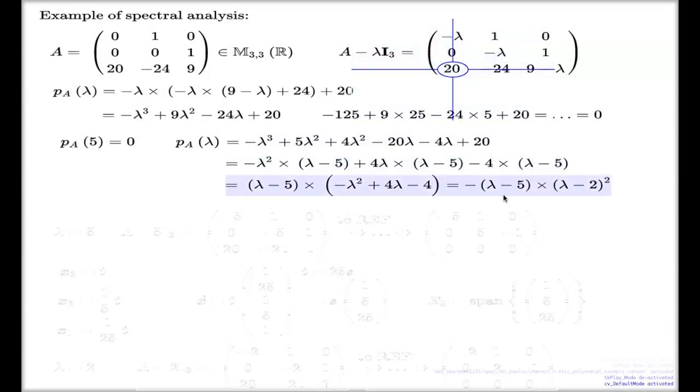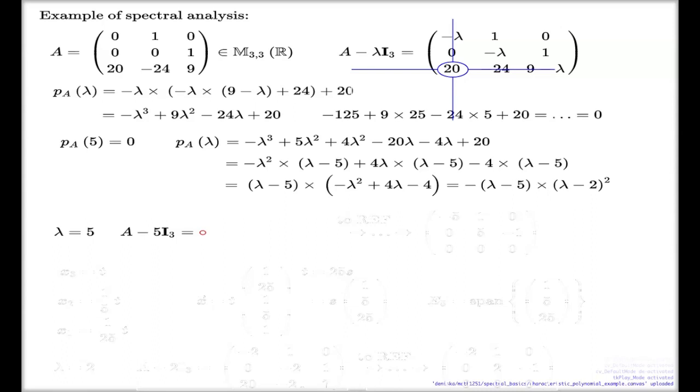Here are my two eigenvalues: one of them is 5, the other one is 2. Let's now try to find the eigenvectors associated with each of them. Lambda equal 5. For lambda equal 5, this is my matrix. Remember, for the eigenvalue,